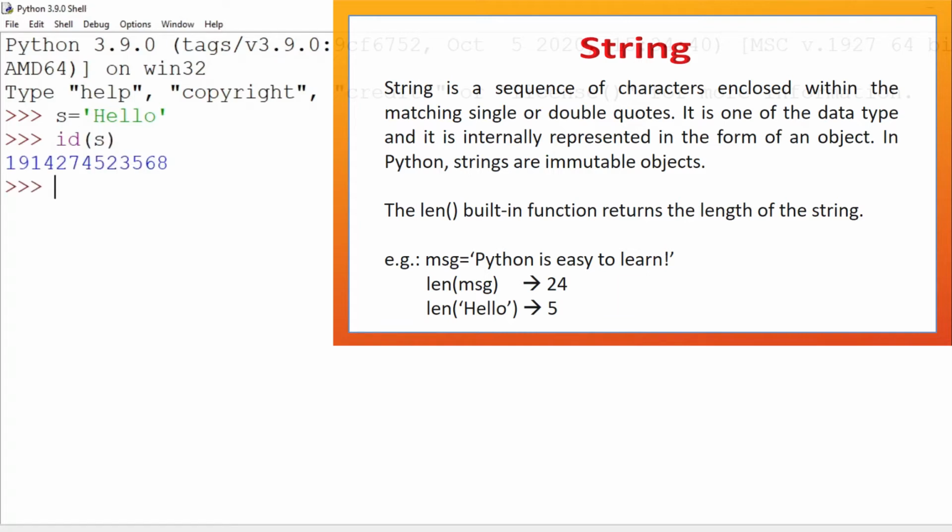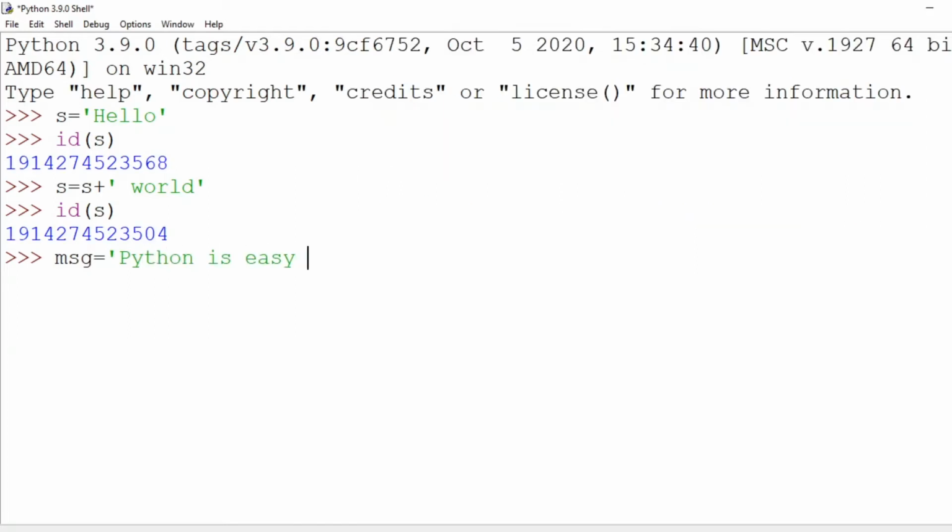Now change the value of s by using s = s + "world". Again use the id function, that is id of s. Now you can notice the memory address of the object s in the previous one and the present object s are different.